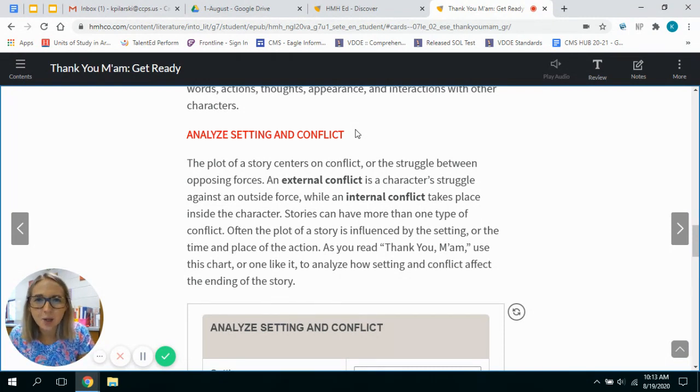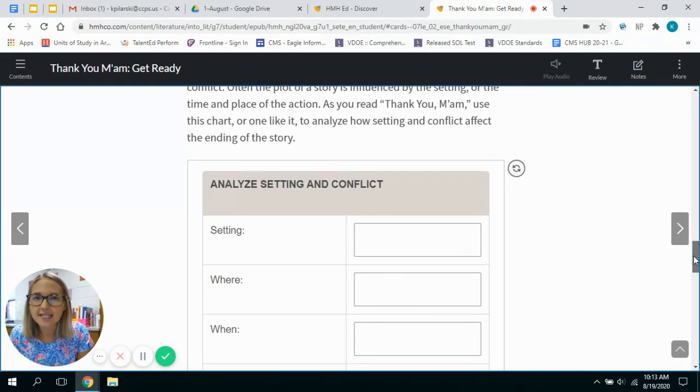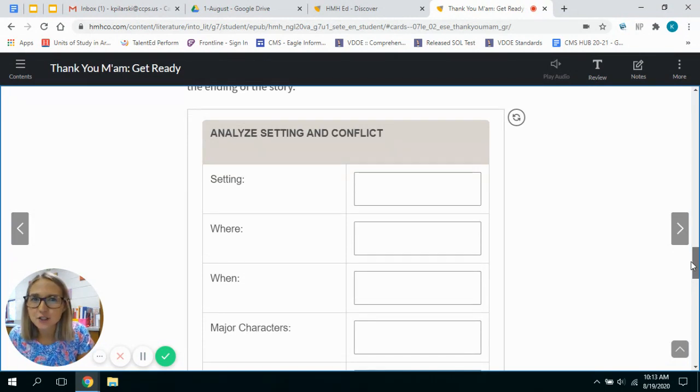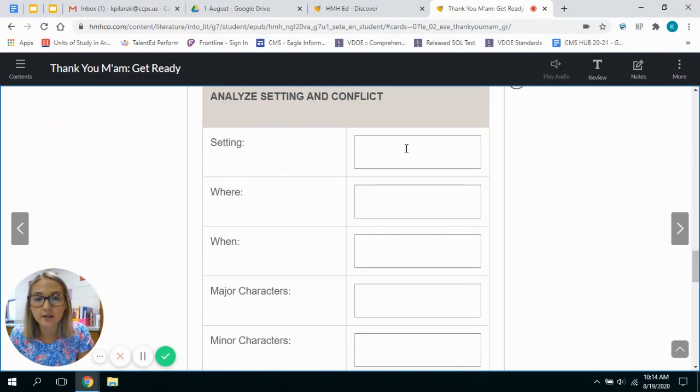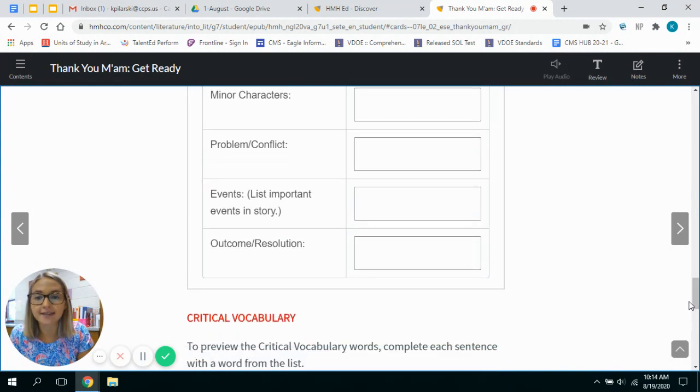So we're going to look at the problem in the story as well. You can see here as I scroll down on my screen that there's this nice little chart. This is actually what you all will be completing individually after we read the story. Your assignment for the day is going to be to type in these little boxes the setting, where and when, like we just said, the characters, problem, the events, and the outcome/the resolution. Basically what happens at the end of the